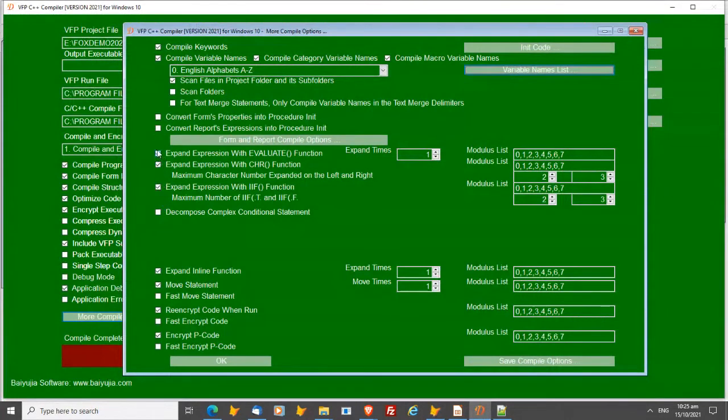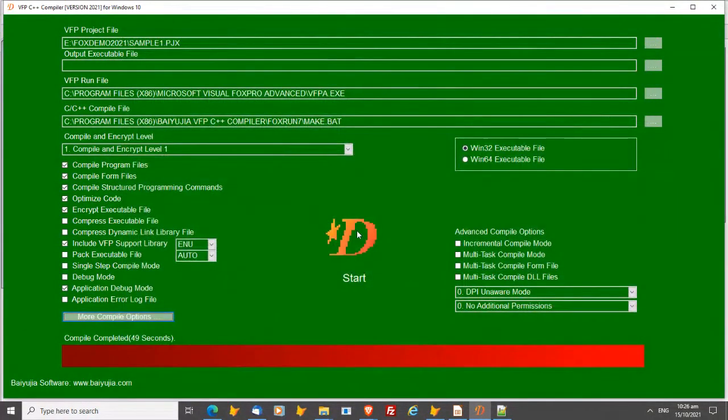You can expand statements with evaluate and character strings. In my opinion, decomposition is one of the very strong benefits of the VFP C++ compiler. Decomposition is covered in the paper, so have a look at it. But basically, if we compile again